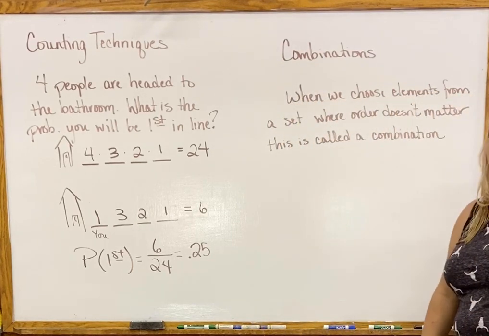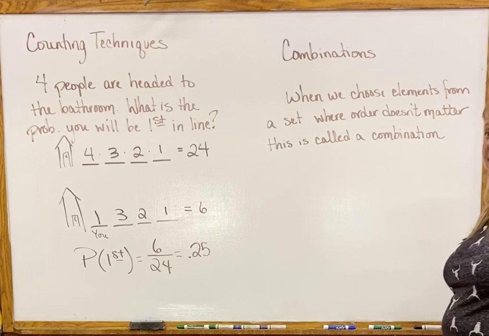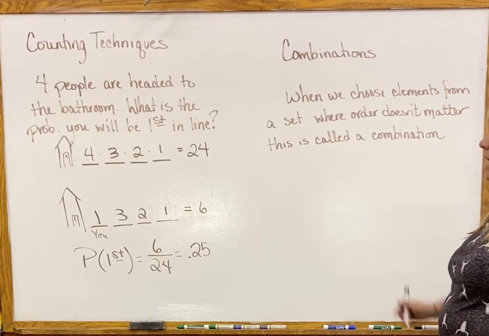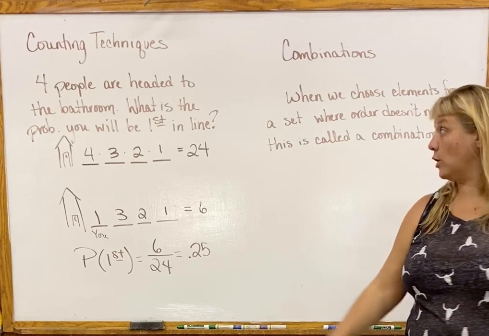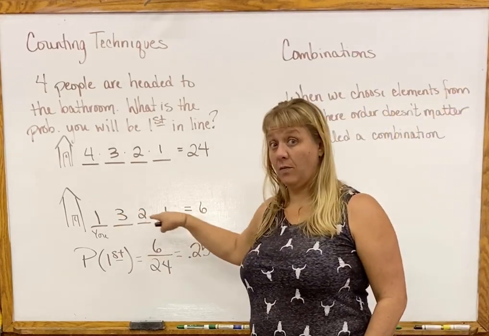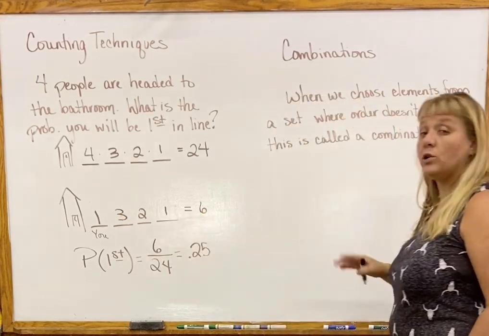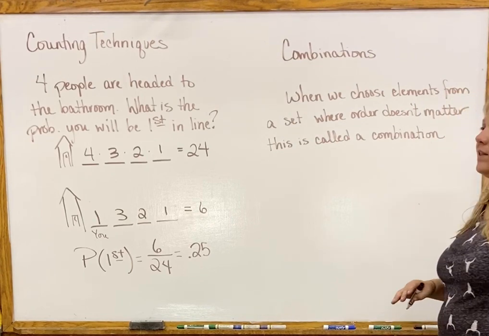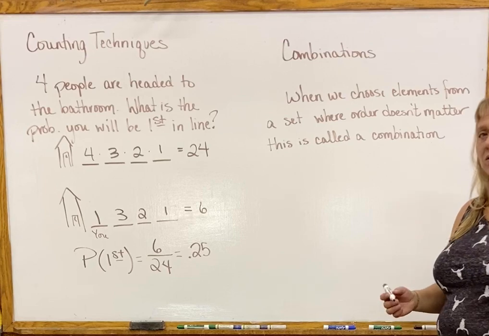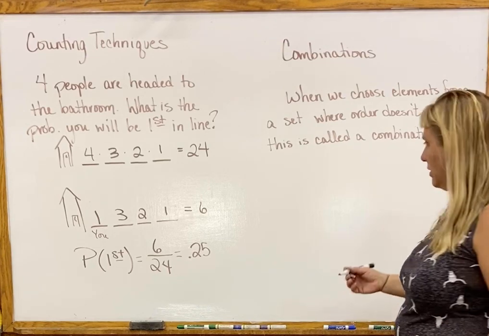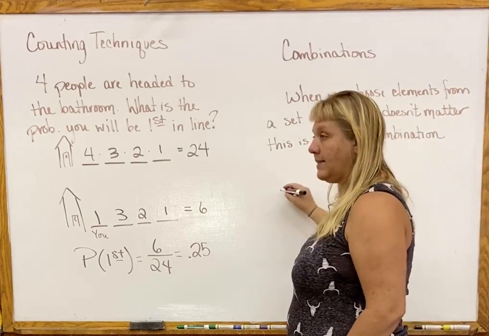So if we're going to choose an element from a set where order is not an issue, so it doesn't matter who we choose first or who we choose second, which is different from over here, yes? Okay, so where order doesn't matter, then what we're doing is we're finding a combination. A good example of this is what we call the committee problem. And in the committee problem, it says